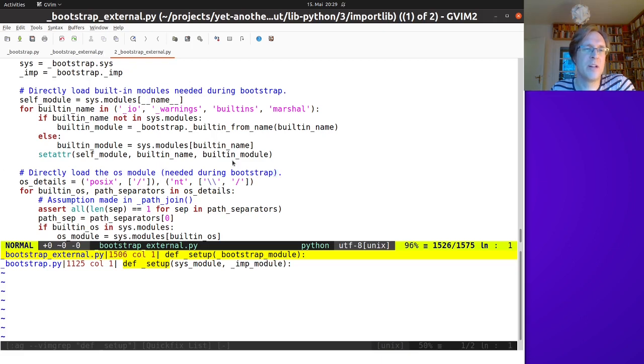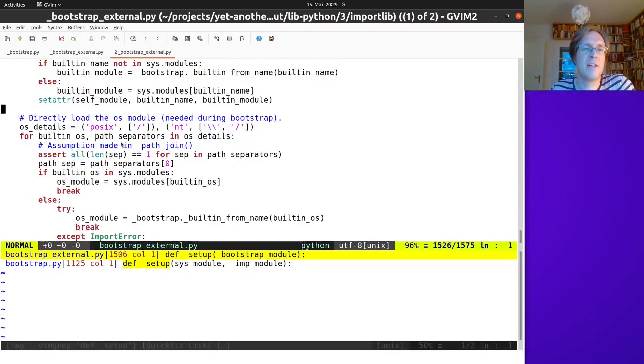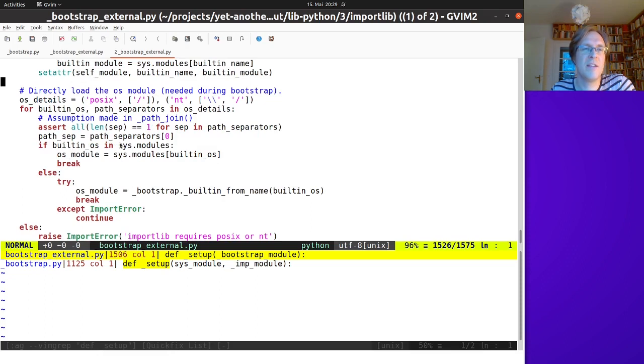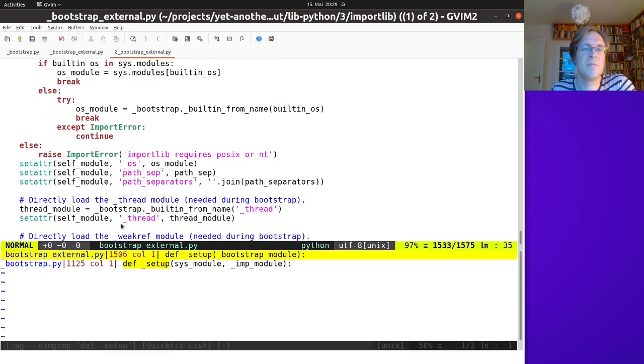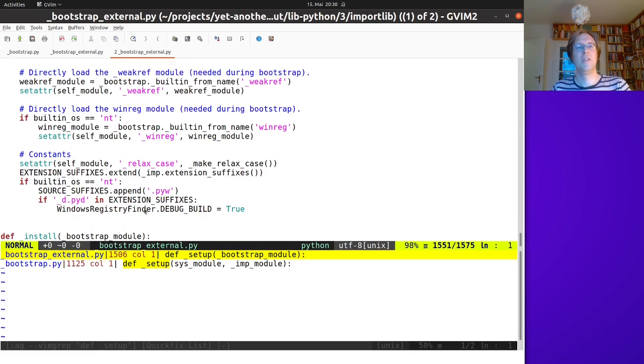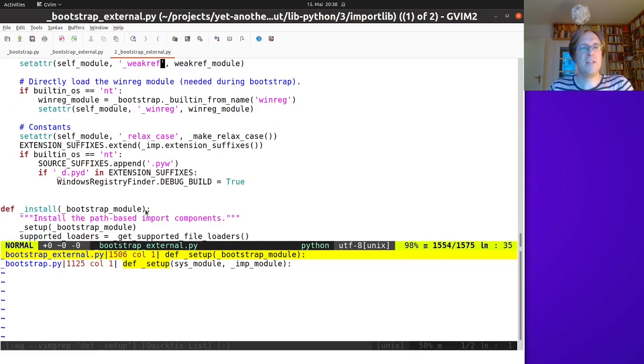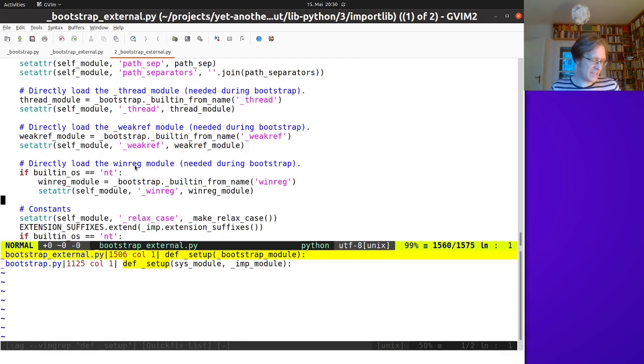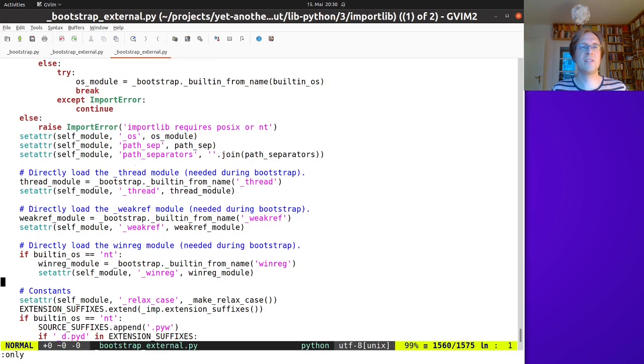And then it bootstraps some built-ins. And it gets the OS module somewhere and stuff like that, and the thread module and the underscore weakref module. Right. Complicated. Yeah, as I said, I don't know the full details here, but it's